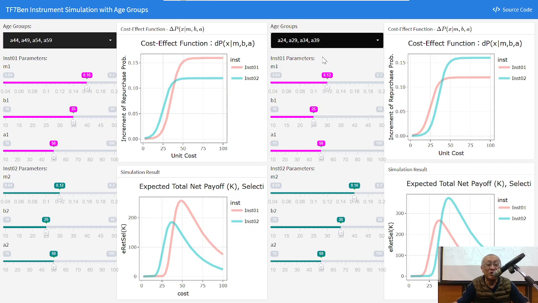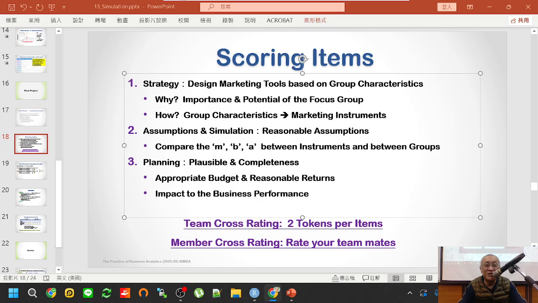So when you set the [parameters], you actually can use your creativity. A thing that you can use your creativity on is when you design the marketing tool for a group of characteristics, right? Okay. For example,